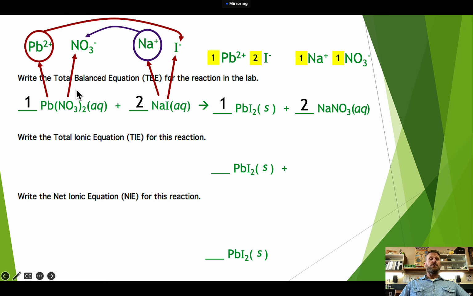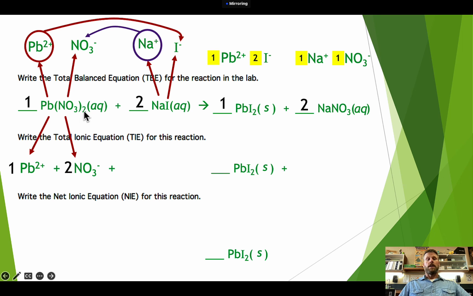So then you just need to use the subscripts in the formulas and the coefficients in the reaction to find out how many you have. So I'm going to write the total ionic equation starting with lead nitrate. Okay, I have Pb2+ ions. How many do I have? Well, the formula has 1 Pb2+ in it, and the coefficient is a 1, so that means I just have 1 Pb2+. Okay, how many NO3 minuses do I have? Because that's the next ion in my total ionic equation. Well, I had 2 in the formula, and my coefficient is a 1, so that means I have 2 NO3